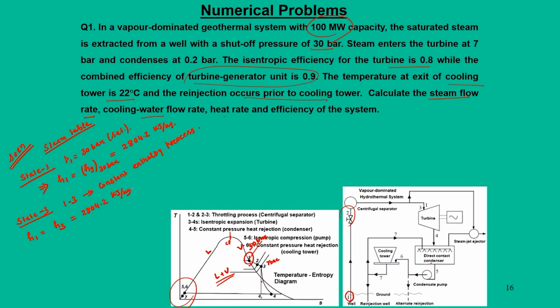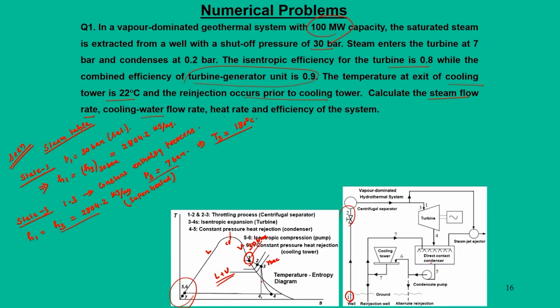So, we have two data here, and at point 3 the pressure P3 is 7 bar. With pressure and enthalpy, this will give you the temperature T3 as 180 degree centigrade. To have this number we have to refer to the superheated table,